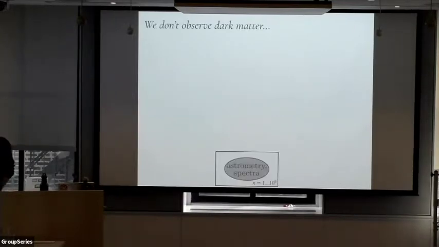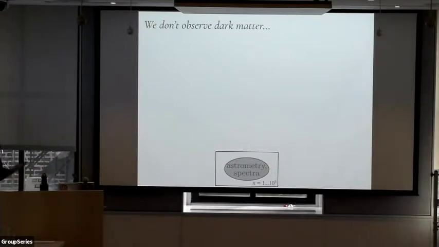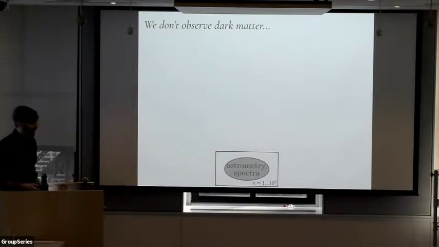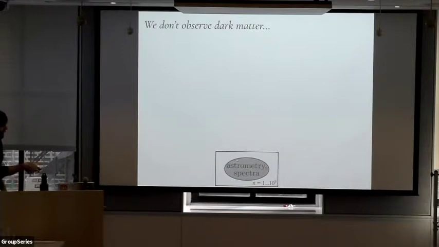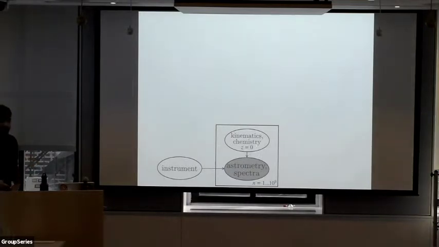Of course, we don't actually observe the dark matter, though. We only observe the stars. And so we get astrometry and maybe spectra for about 1 billion stars from a mission like Gaia. This is in the form of a graphical model because it's about to get a lot noisier here. But you can read this as we have data. The shaded thing means we observe those things. We have about 1 billion data points from Gaia. That data is produced, if we knew the true kinematics,